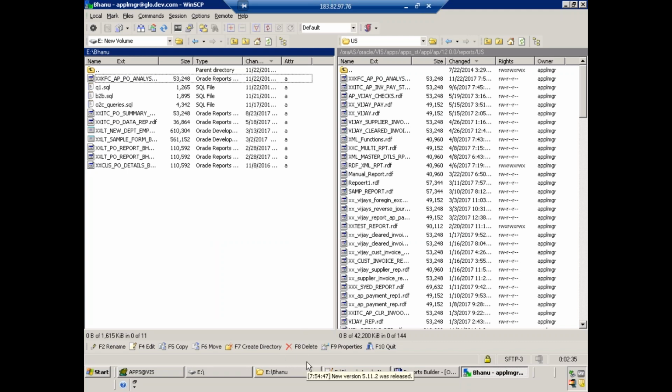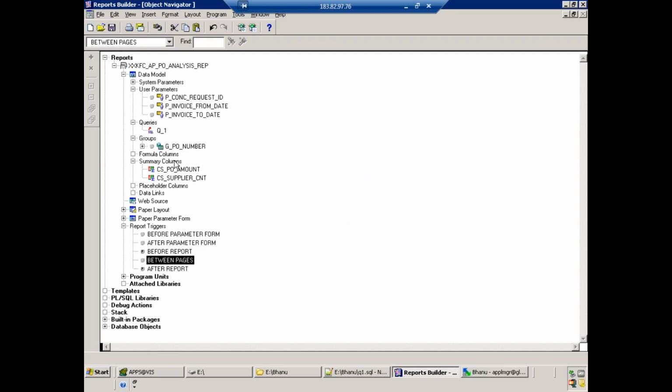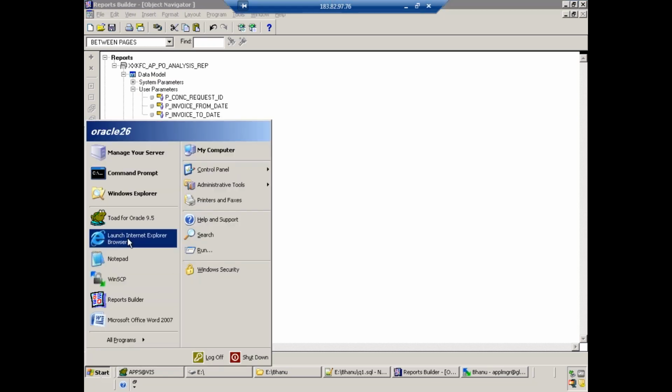For binary mode, the output of the report would be text only, right? No. We are doing some coding in the report, so this complete file is considered as binary format internally. If you have not changed it, sometimes this file is not read properly. That is the problem, that's why we change to binary. Right, now your file is transferred. Then go to,